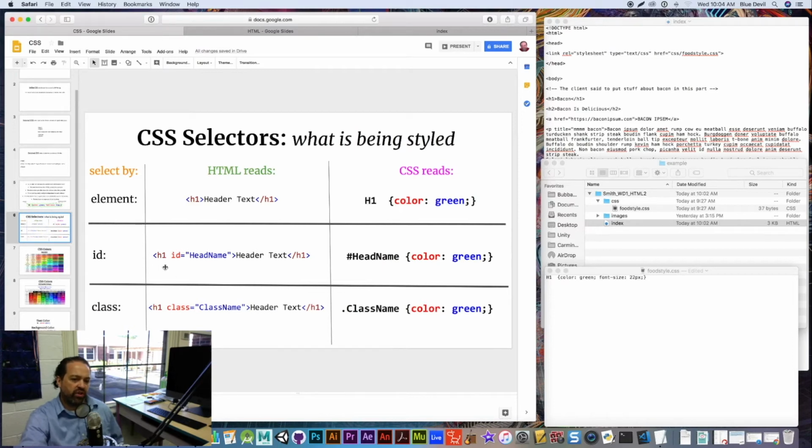But you can also insert an ID into your HTML. So I could call this H1 by the ID head name, right? And then the text would be here. That would mean only elements that I had added this ID to. I could have paragraphs that also had that same ID. Any element that has that ID would then be styled with